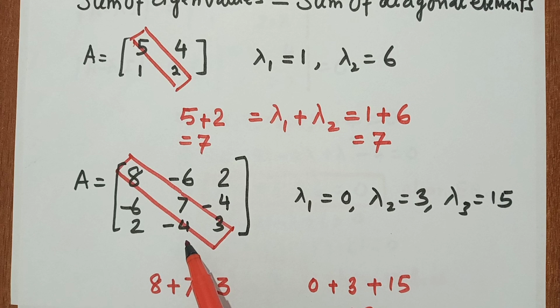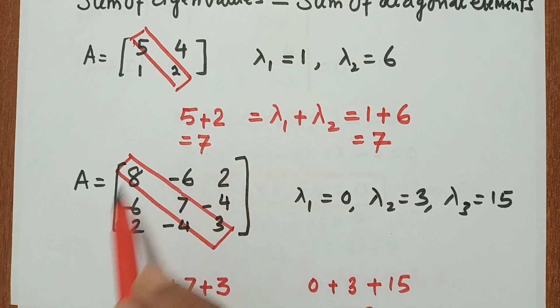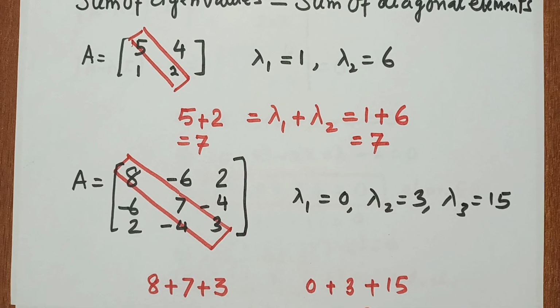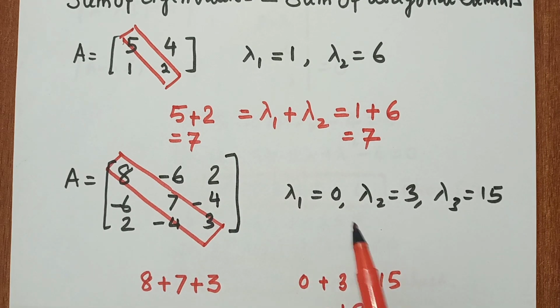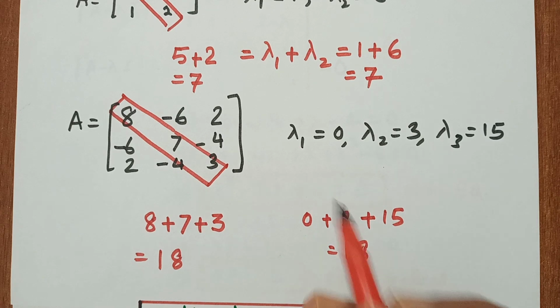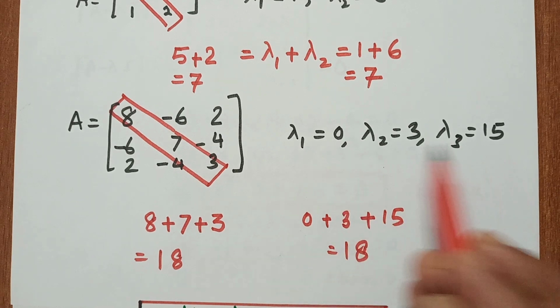But for the time being, suppose this is a square matrix of order 3, and on solving we get these 3 eigenvalues. To check whether these values are correct or not,